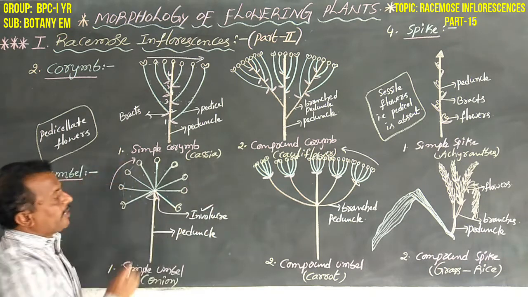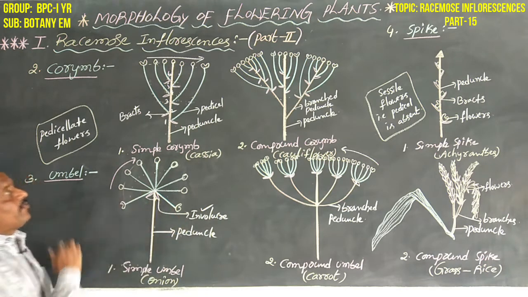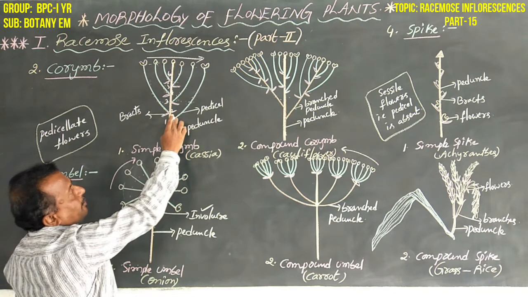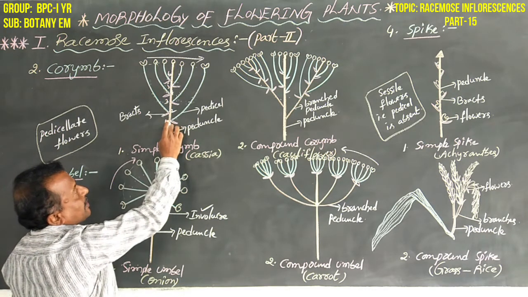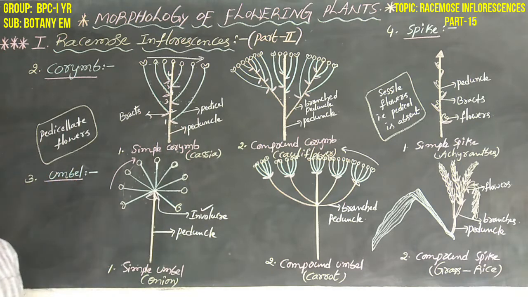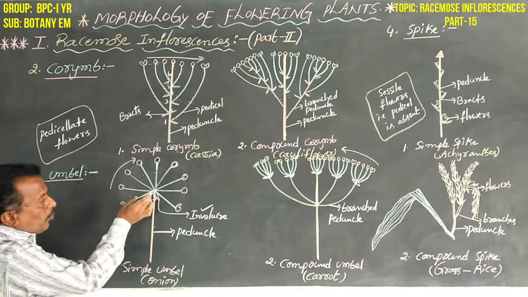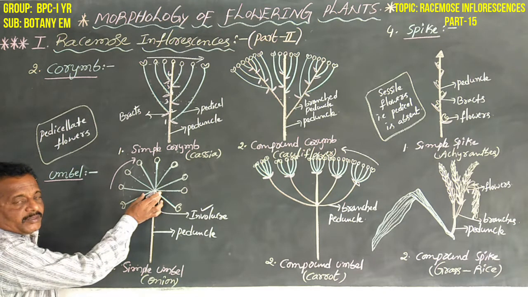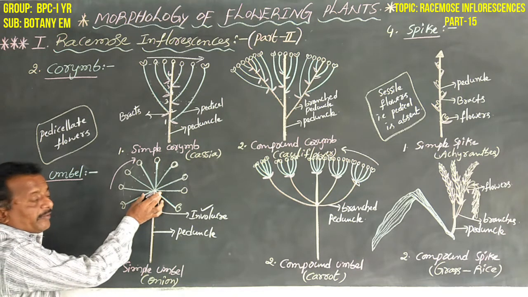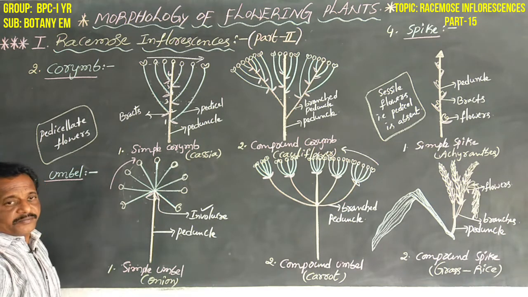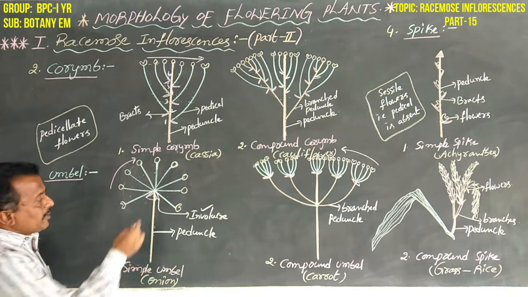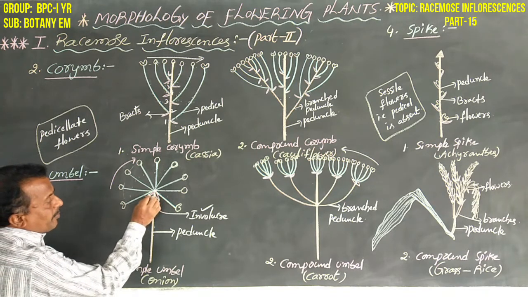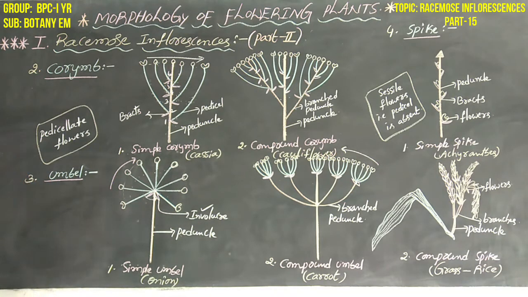That is called involucre. In simple corymb, each pedicel has one bract. By this means, bracts are always present at the bottom of the pedicel. But here, only at the bottom of the flowers, or the lower part of the flowers, bracts are present. These bracts are arranged in one whorl-like structure. This whorl-like structure of bracts is named the involucre.